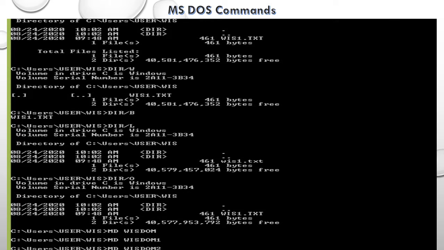Next, remove directory: rd. This command removes a specific directory. rd space wisdom. The directory is removed.